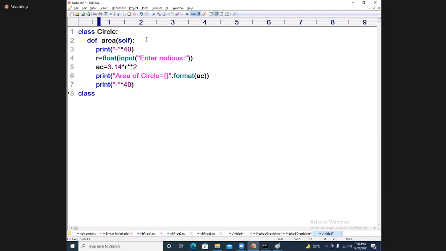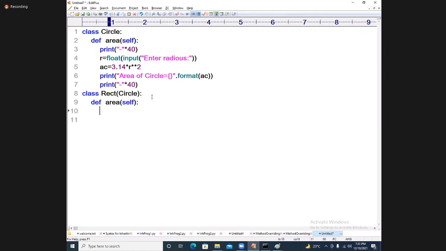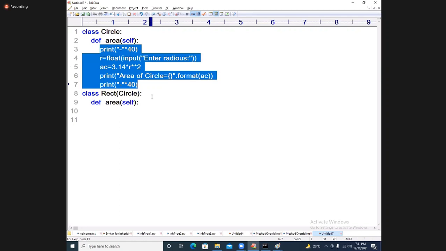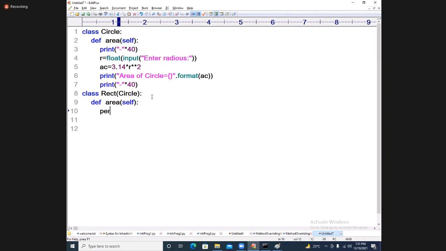Class Rectangle. Already we took Circle, and because of Circle, the area function is coming. What do I do? I take the same heading, the same logic, but instead of that body I do it like this.